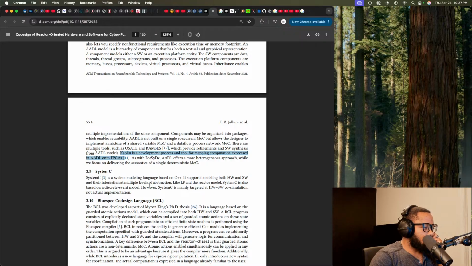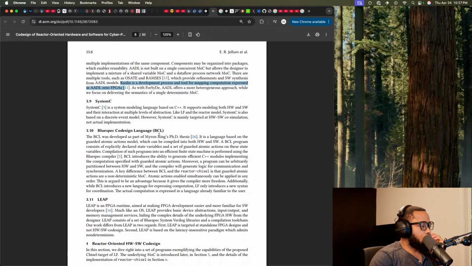SystemC is a system model language based on C++. It supports modeling both hardware and software and the interaction of multiple software. This is also based on a discrete event model. However, SystemC is mainly targeted at hardware software co-simulation, not actual implementation.